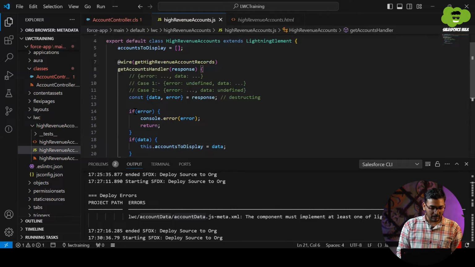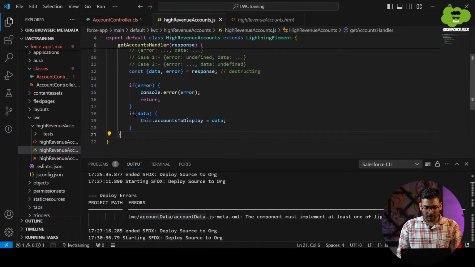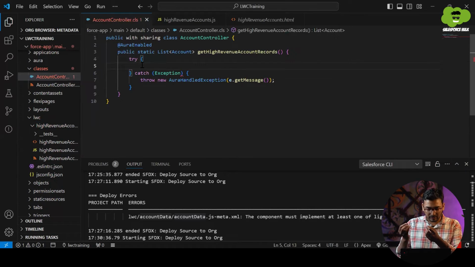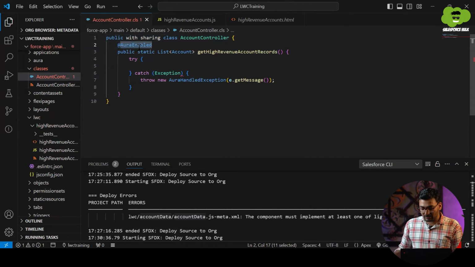Now we are moving ahead to the Apex class. In the Apex class, we are going to correct the whole syntax and everything here. So we have this Apex class with sharing keyword, and the class name is account controller, and here I have used AuraEnabled.